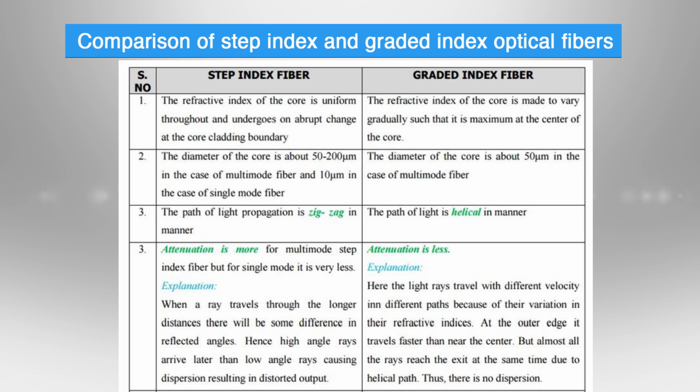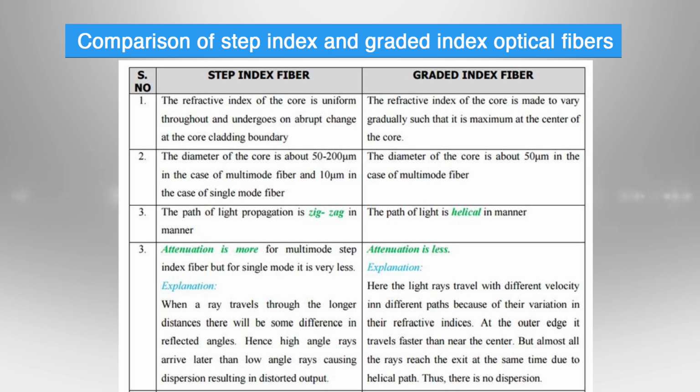Light propagation: in case of step index optical fiber, light rays travel in a zigzag path due to total internal reflection at the core cladding interface. But in case of graded index optical fiber, light rays follow a sinusoidal path, reducing the difference in path length. Next, modal dispersion. In case of step index optical fiber, higher modal dispersion is available due to different path lengths of light rays,